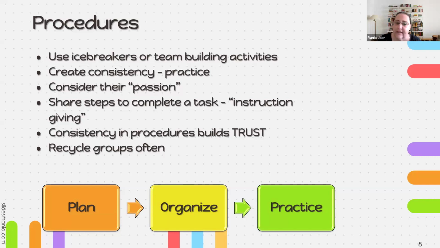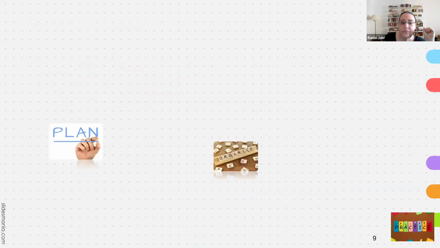And of course, I keep repeating again, recycle groups often. During each class, students don't sit in the same group for the whole class. They do a task, then we shuffle the groups. Same thing, the next class, the following class, I keep a tally of who worked with whom. And I try to vary as much as possible, given the number of students I have.